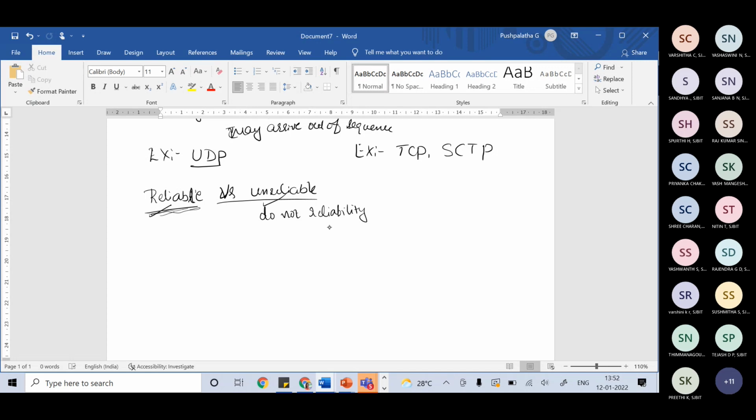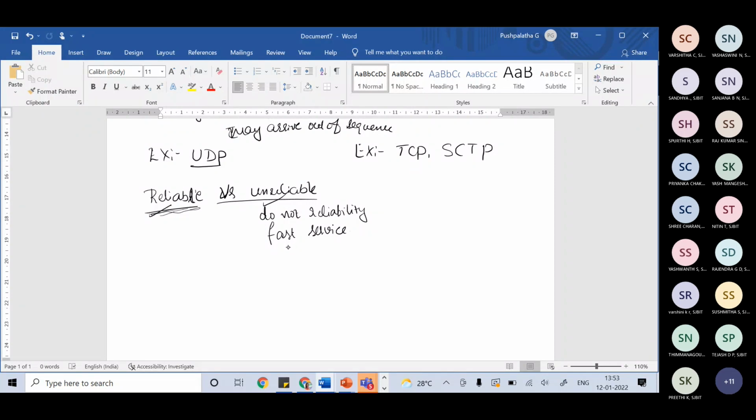If the application program does not require any reliability, I can choose this kind of protocol, which uses its own flow and error control mechanism, or which gives a faster service. I want faster service and let me not bother about reliability. In that situation I can choose the unreliable protocols.